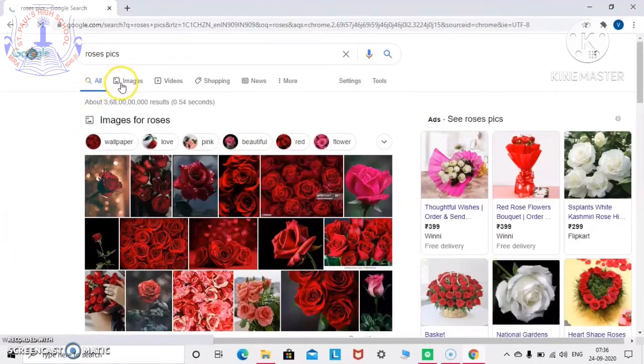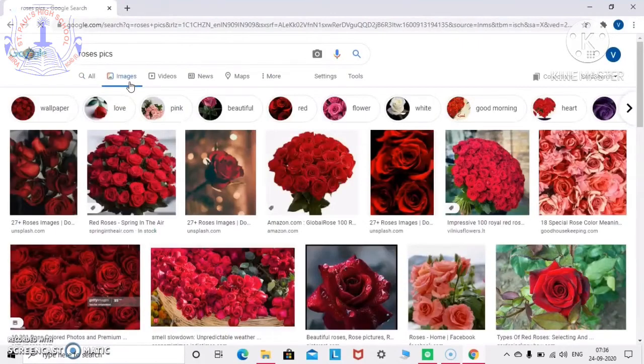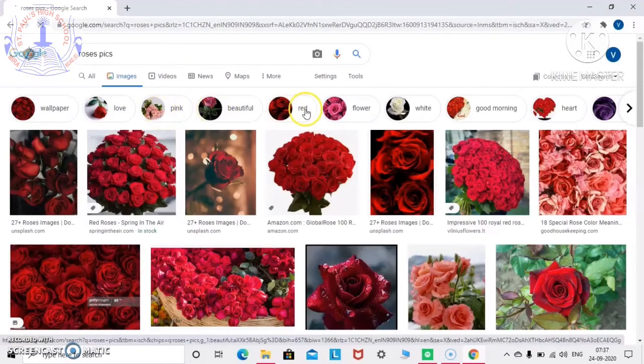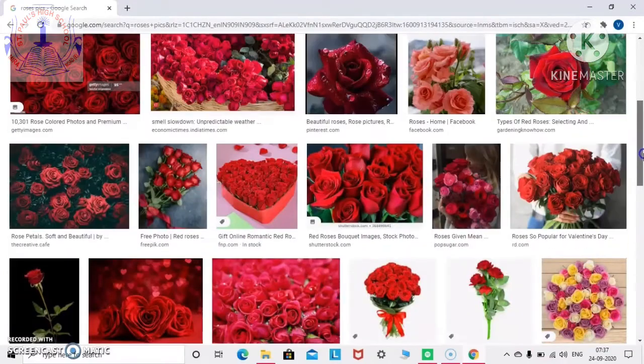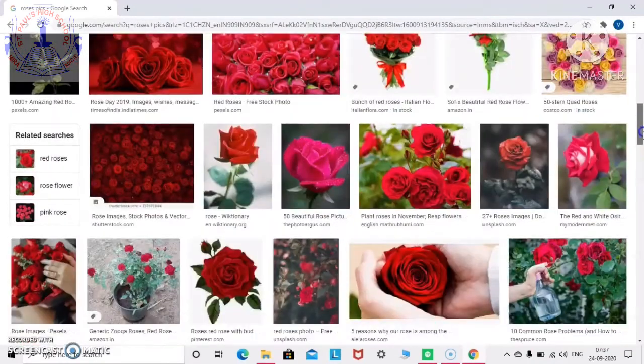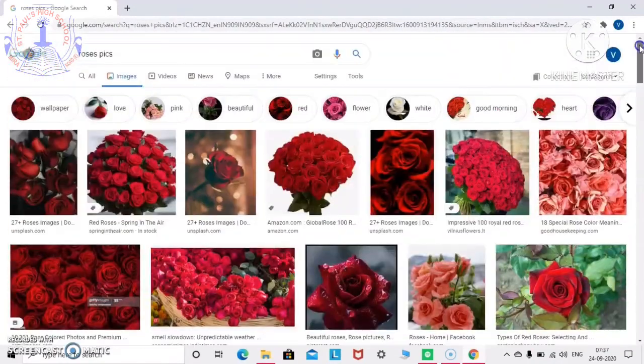So I will go to images over here. Everyone can see images? Yes, I will go to images over here. After clicking on images, you will get all different kinds of images of roses over here. If you want it for wallpaper, you can click for it, and if you want any color, you can get pink, red, white, or any color rose you want. With the help of the scroller, I will go down. So I have different types of rose pictures.